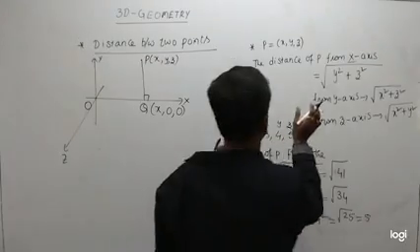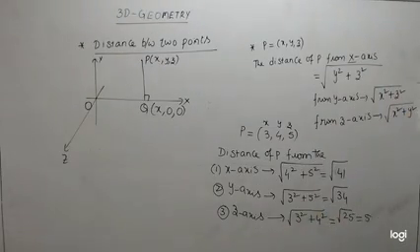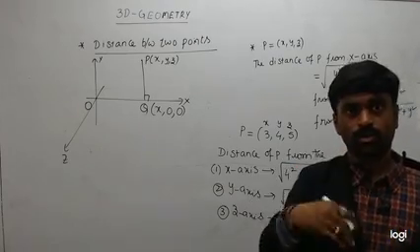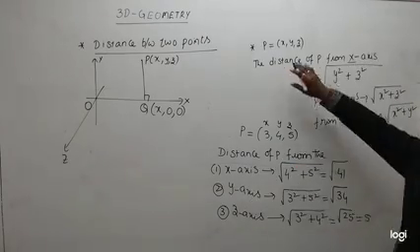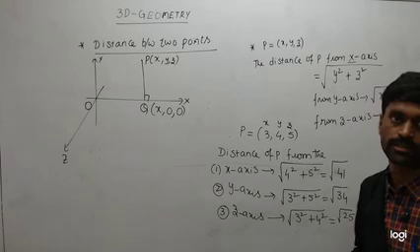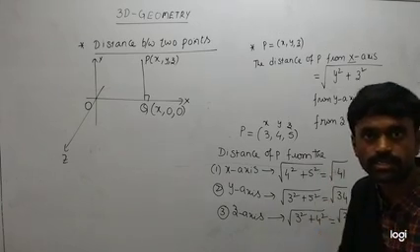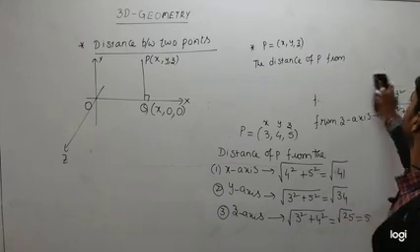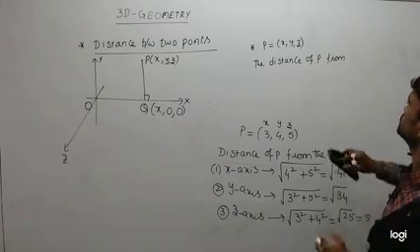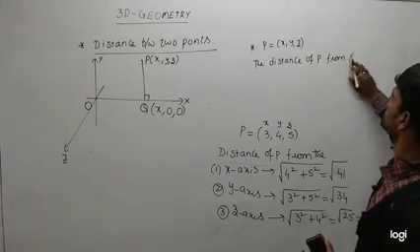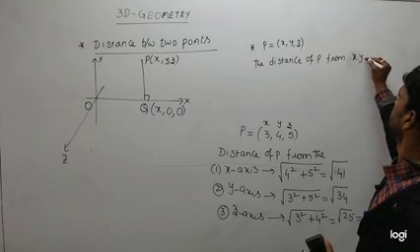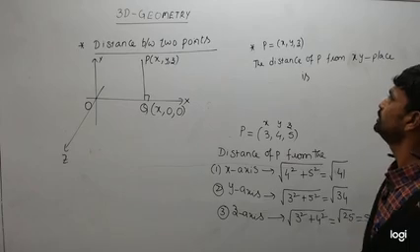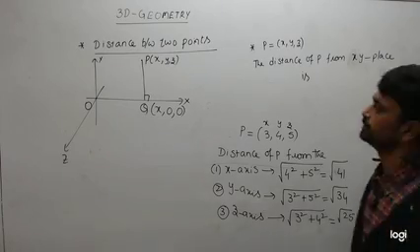These are the formulas for the distance of P from the x-axis, y-axis, and z-axis. Those are nothing but coordinate axes. What about coordinate planes? The distance of P from the coordinate planes, nothing but the xy, yz, and zx planes. Okay. From the xy plane, is the distance of P from the xy plane.